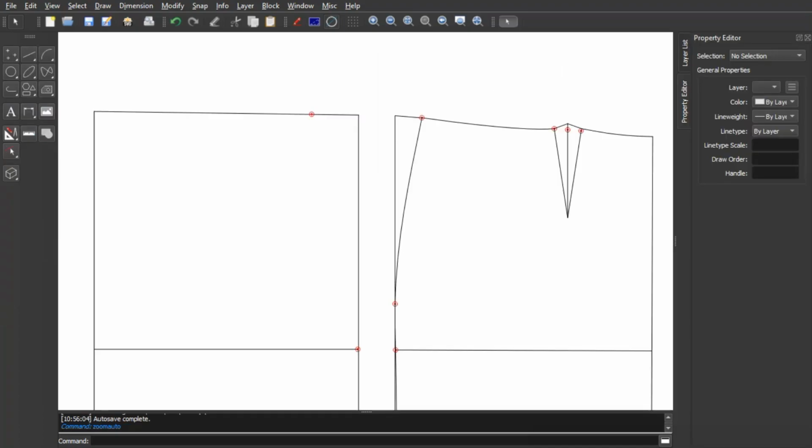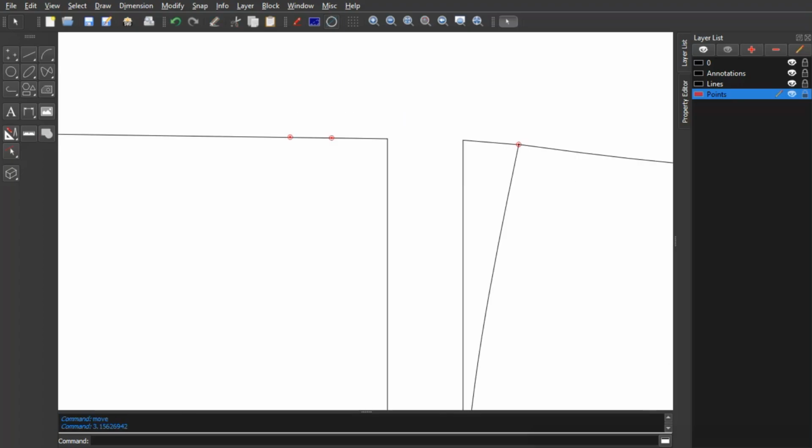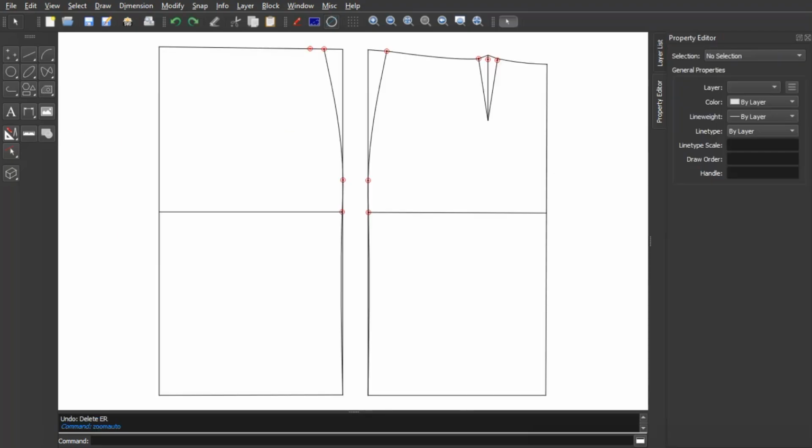Measure and mark the back waist width divided by 2 plus 0.5 cm ease from the center back. Measure this length and mark it on the back from the side seam line. The remaining length will be the back dart. Mark the side seam dart length and connect it to the point at the waist with a curve. Make sure that the back side seam is the same length as the front side seam.